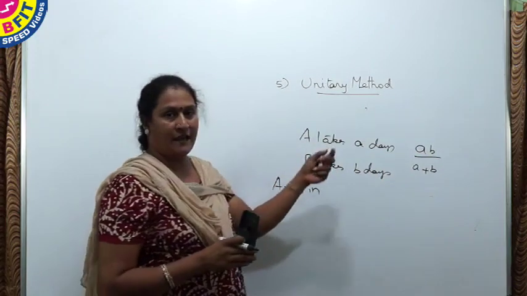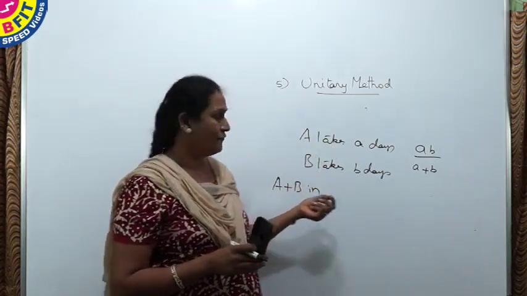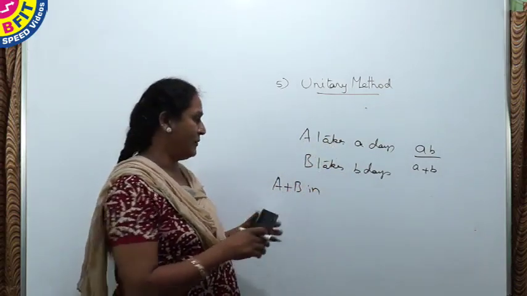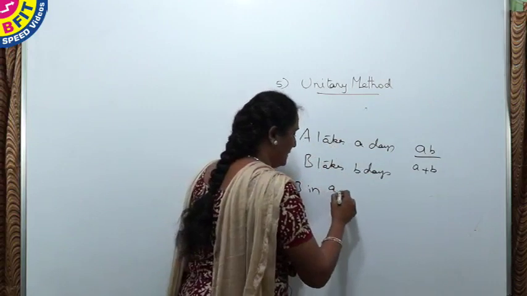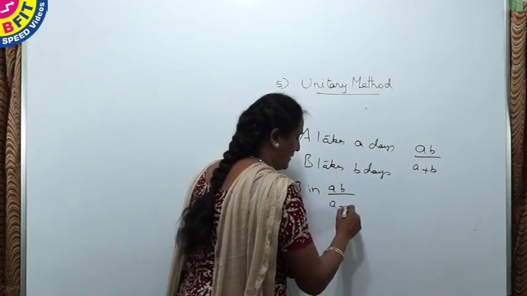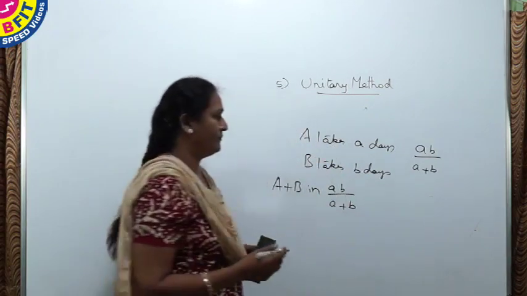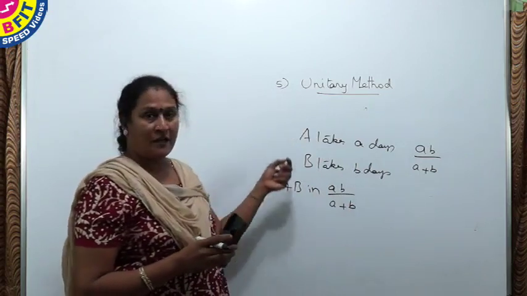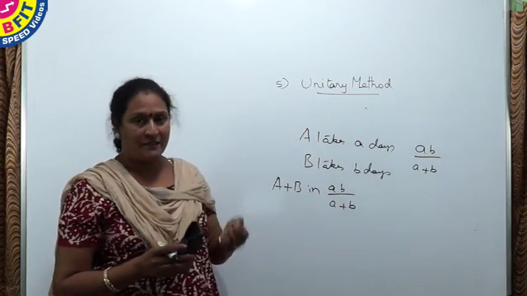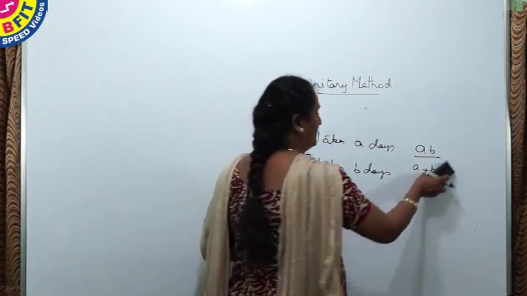So A is taking A days and B is taking B days. For the time taken by A and B together, it is AB by A plus B. Say now if you are given that A takes 10 days to do a work,